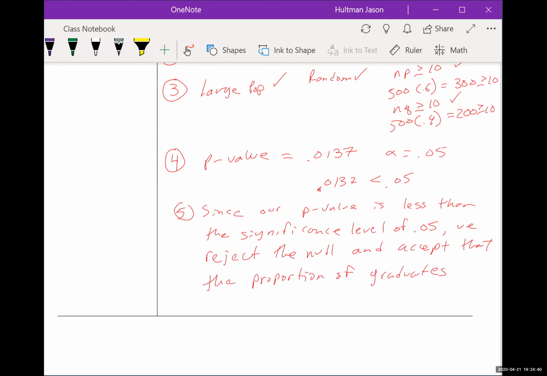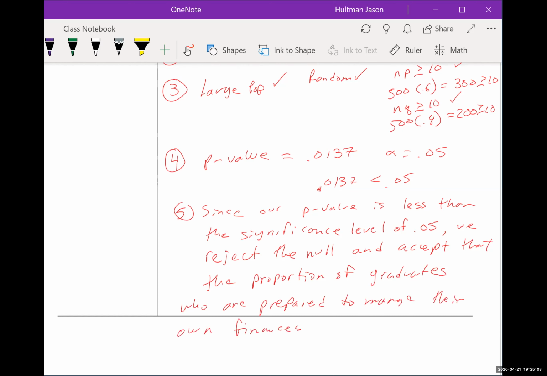Okay, reject the null and accept that the proportion of graduates who are prepared to manage their own finances